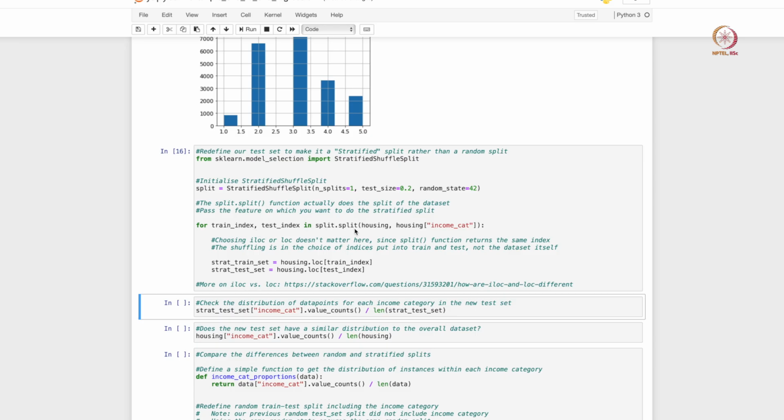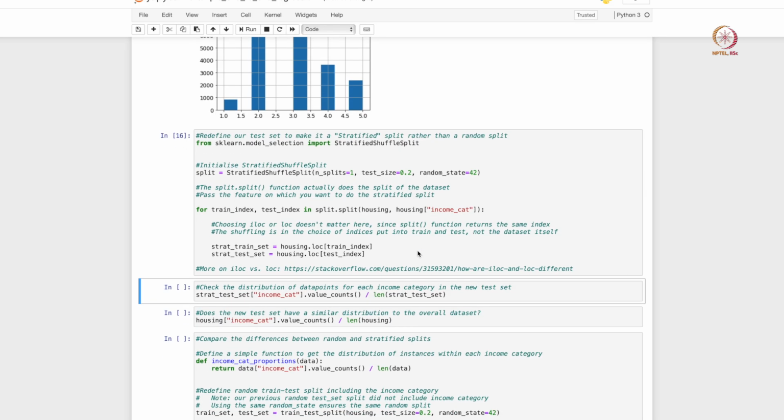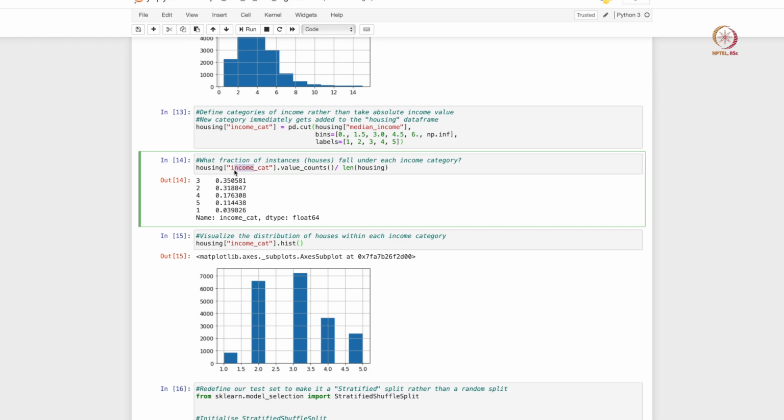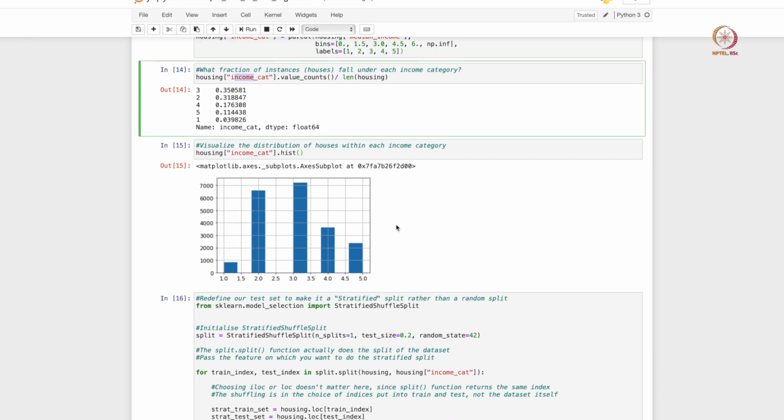We initialize the stratified shuffle split class as the split class, and then it has a split function within it where we pass in the data set, and then we indicate based on which feature we want to split the data. We say that it should be split based on the income category feature, which we defined in the previous block. Income is one feature, income category is a different feature.